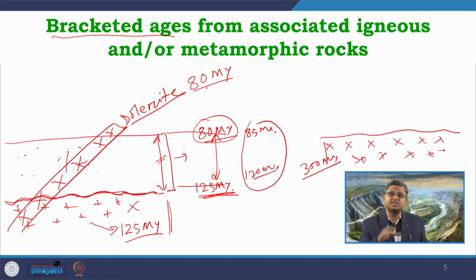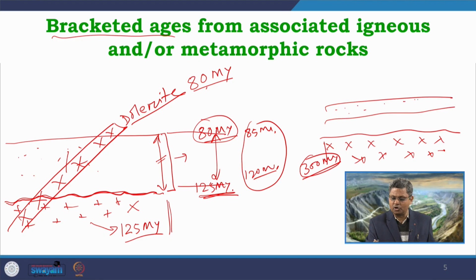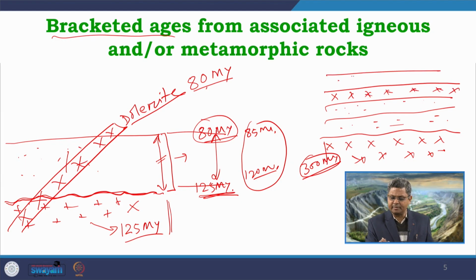So, what is this age signifying? This is the age of metamorphism, and on that we are getting a sedimentary rock body, and that sedimentary rock body is intruded by a sill unit which is going parallel to this sedimentary rock body, and on that again the sedimentary rock body is continuing, because a sill body will go in between the beds, parallel to the layers. So, this sill body, which is an intrusive igneous body, again we can determine the age of this sill body, and maybe this is indicating say 150 million years.